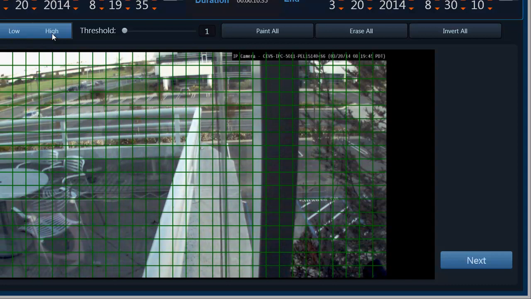So if I select the sensitivity as high, even small luminance value changes can trigger a motion event. So I don't need a high sensitivity for this particular task here, so I'm just keeping the sensitivity as low. The threshold is a new parameter. So now I'm able to select individual blocks like this on which I want to